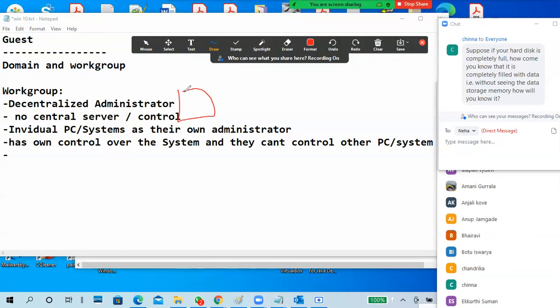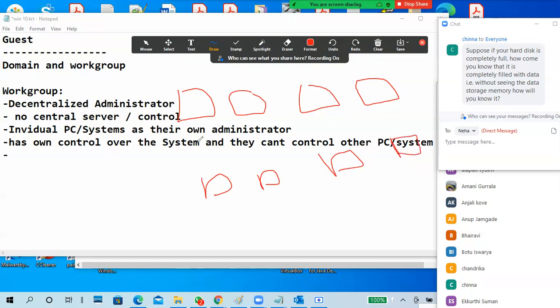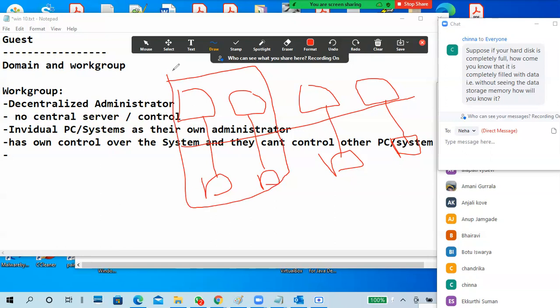These are PCs. I have multiple PCs in my network, like this. These are all in a network. Commonly, they are sharing the data. If I put these specifically in one work group, these PCs are in a work group called work group one. I put these two PCs as work group two.